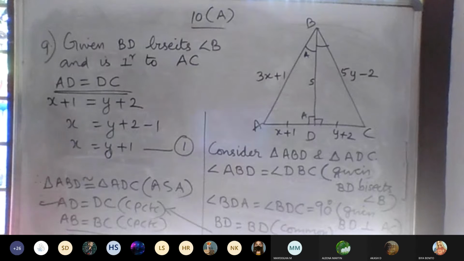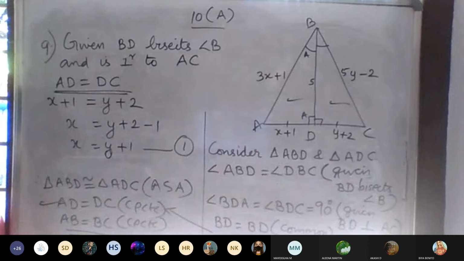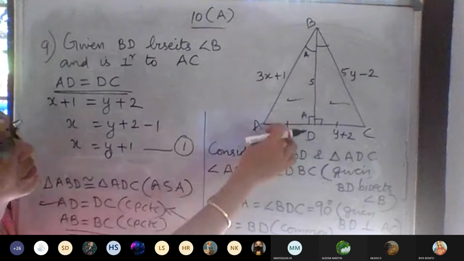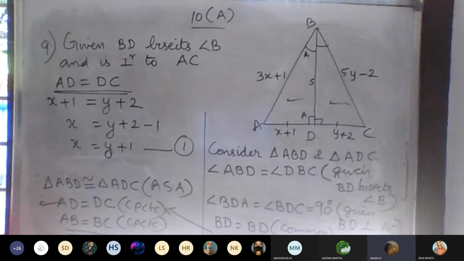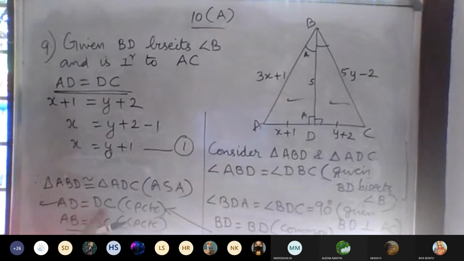We have to find out another set, we have to form another equation. Then only we can solve the value of x. How can we solve x is equal to y plus 1? We can't solve, no. So we have to find another equation. For that, we have to do only which one? That congruency only we can do. So we found these two triangles are congruent. If those two triangles are congruent, that means corresponding parts of congruent triangles are congruent. So AD corresponding side DC. AD is equal to DC.